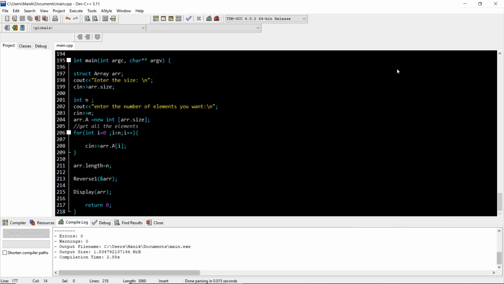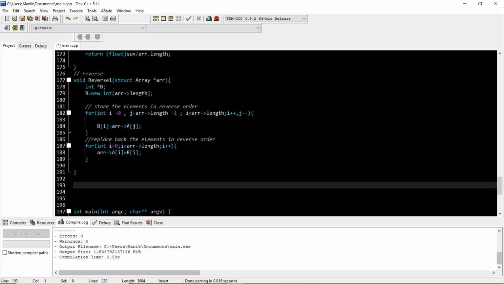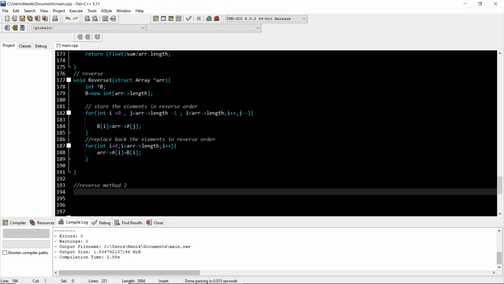Okay, so now we are doing another part, just swapping. Reverse method 2. Okay, so method 2 is, let me just define reverse 2, struct array arr, and it should be star type.